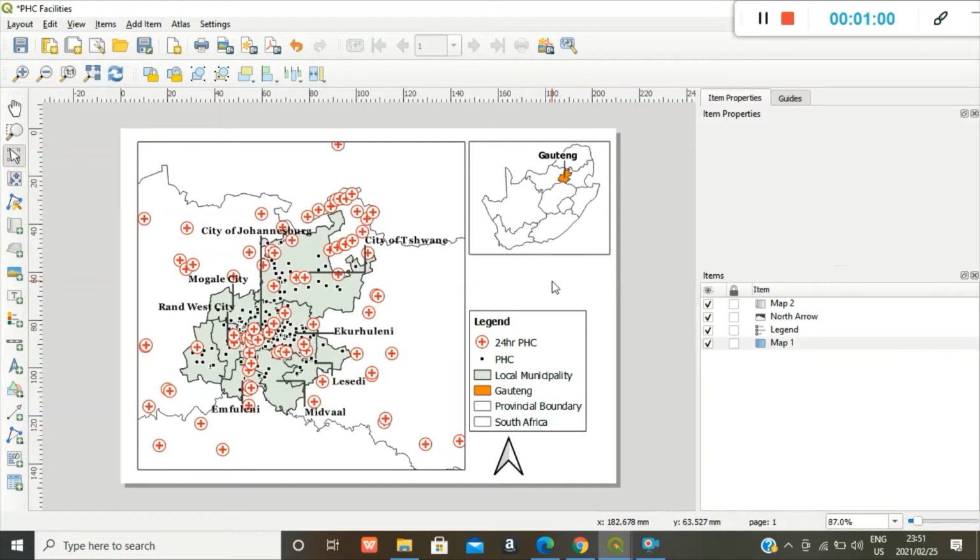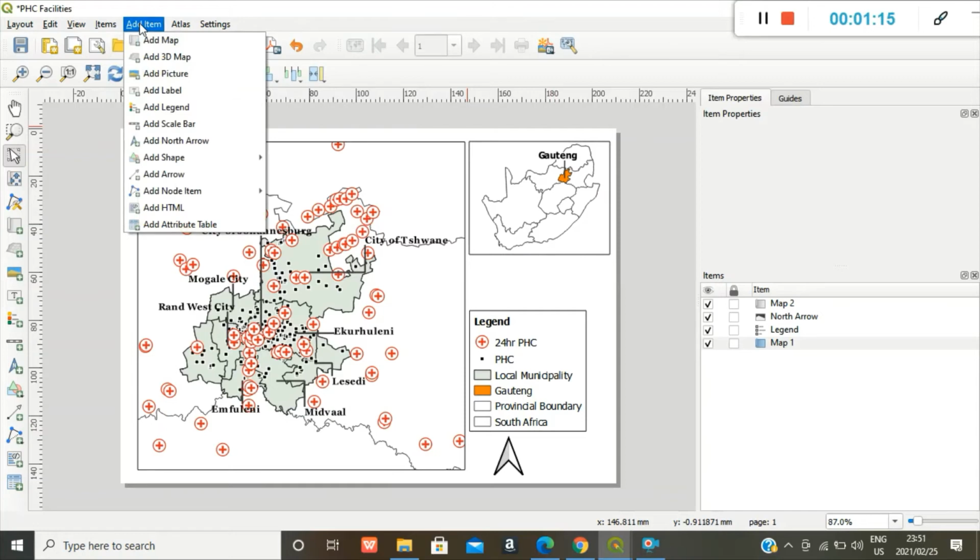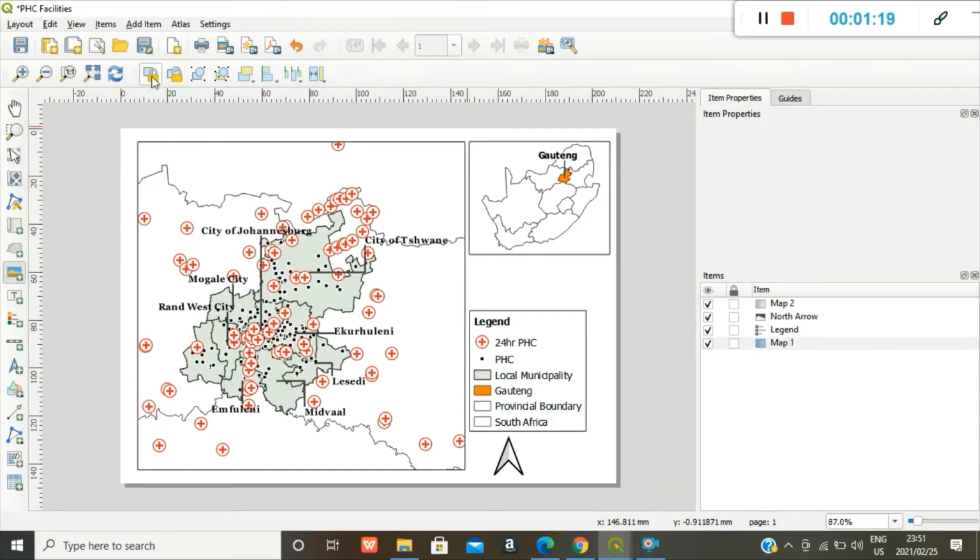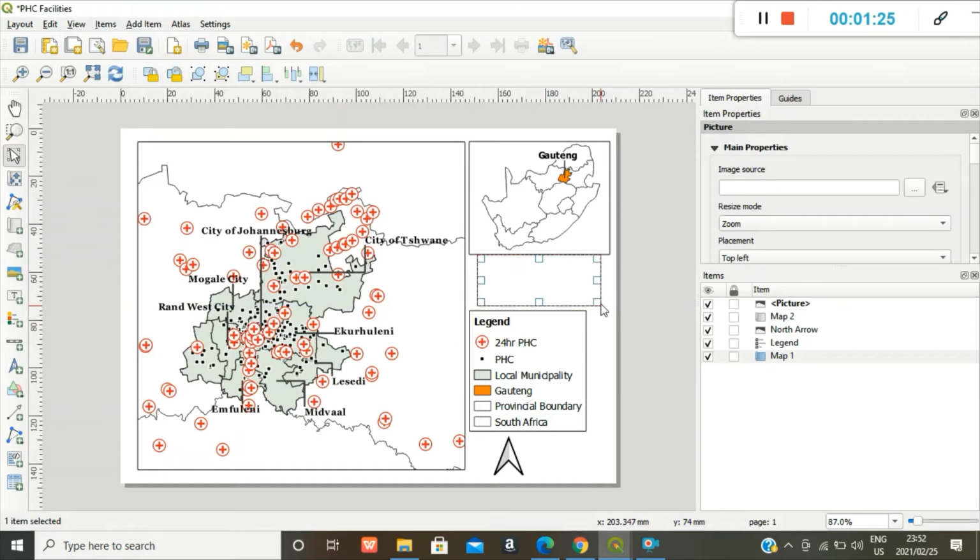I mean, you can have multiple maps on one layout, so it's really up to you. Moving on, I want to add an image just to show that this was done in QGIS. So you go to add picture, you draw your box,